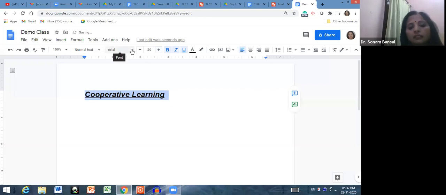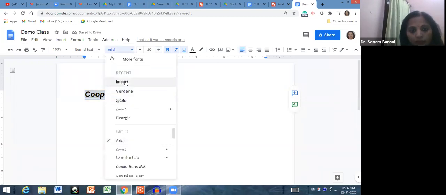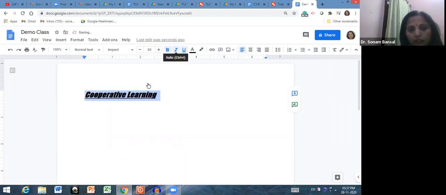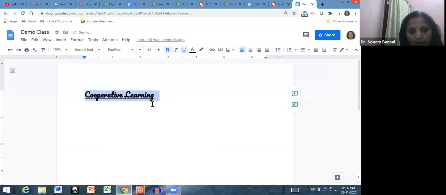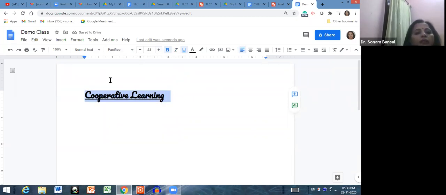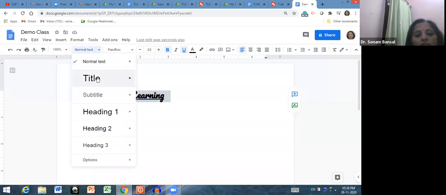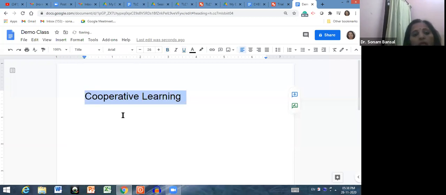You can change the font, the recent fonts you want to change like this, or you can choose as per your own choice. If you want to make the font size much larger, then you can select. See, here is the normal text. If you want this text as the main title or main heading, let's suppose this is my main title, then you have to click here as main title.